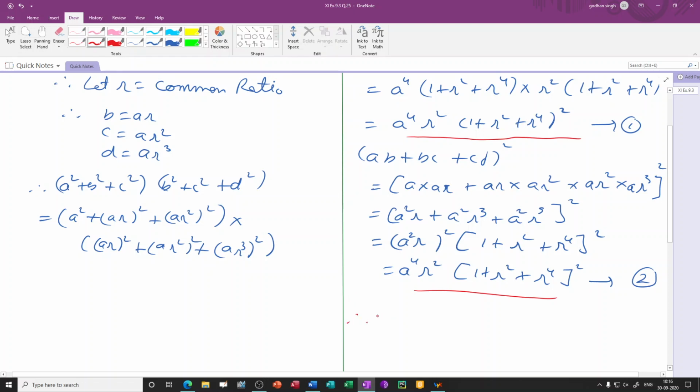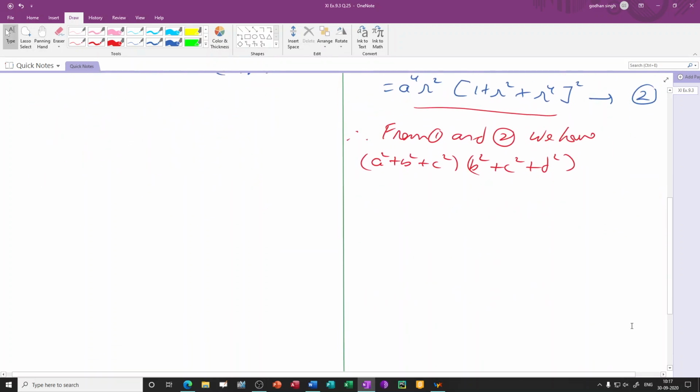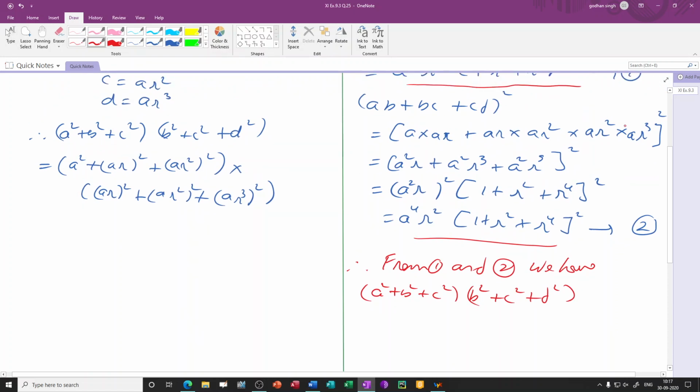Therefore, from 1 and 2, we have A square plus B square plus C square multiplied with B square plus C square plus D square is equal to